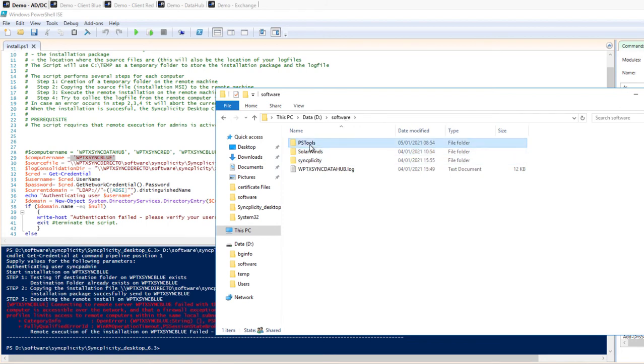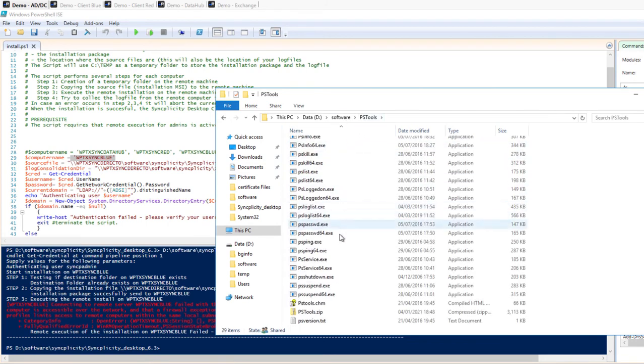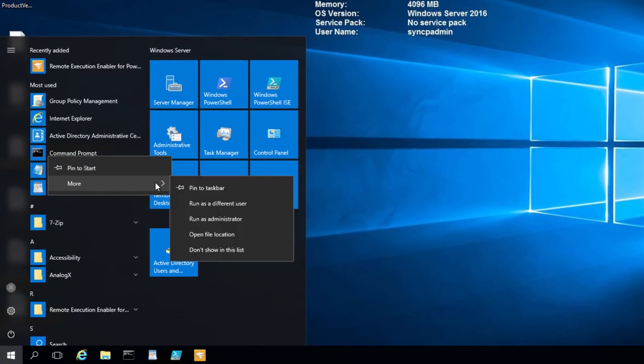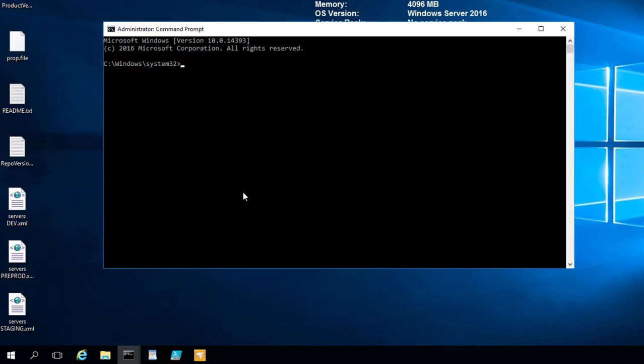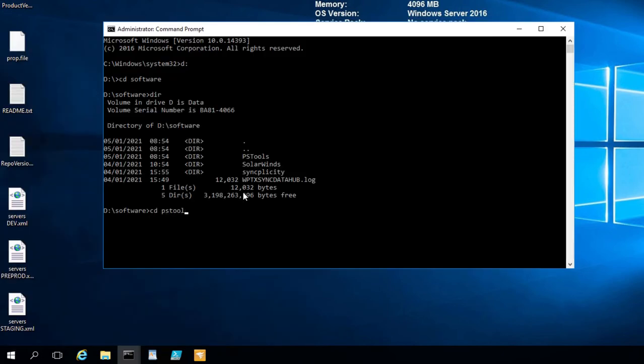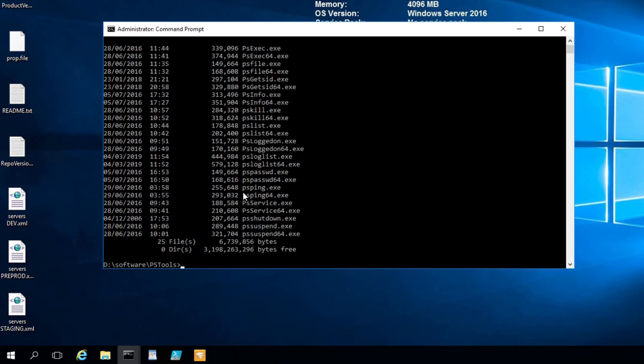Instead, for that I use PsTools, and PsTools can be downloaded as a zip file. That allows me, when I try this from an elevated command prompt, I can navigate to my folder, and there is psexec. What I'm going to do is psexec the name of my computer, wpt sync blue, and I'm going to execute silently winrm.cmd quickconfig -q.